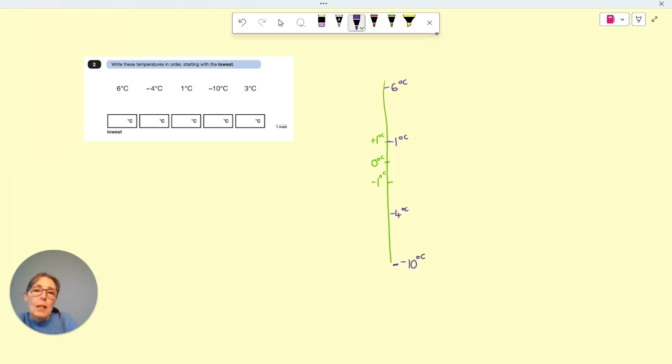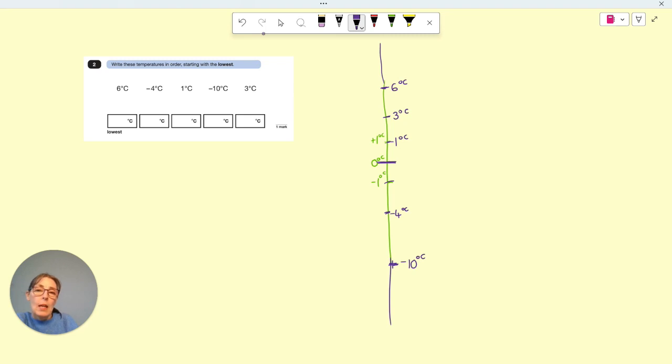And 3 is going to be about here. Let me just check. So we've got, let's look in a bit. We've got +6, and -4 is below 0. Then 1,